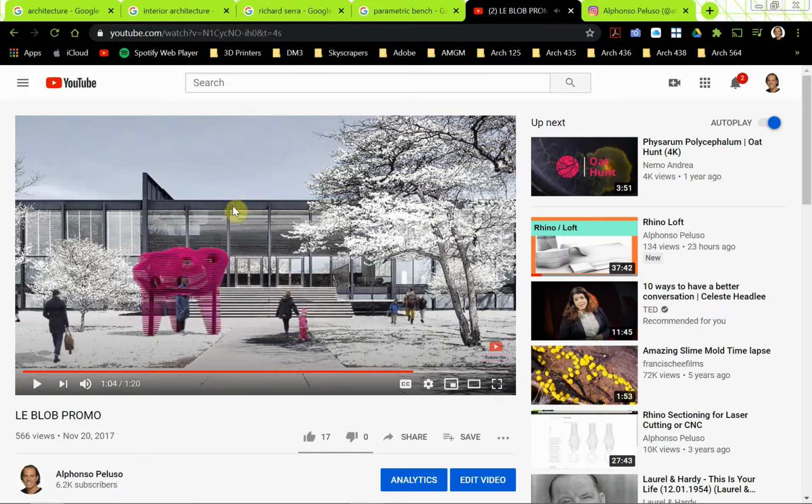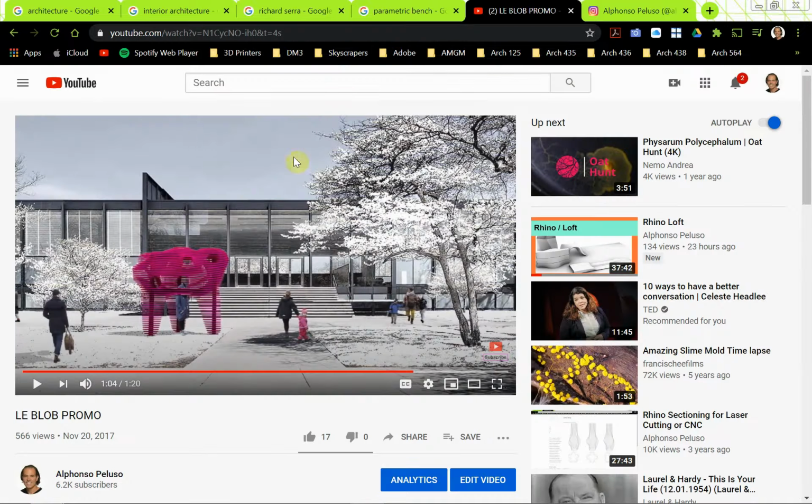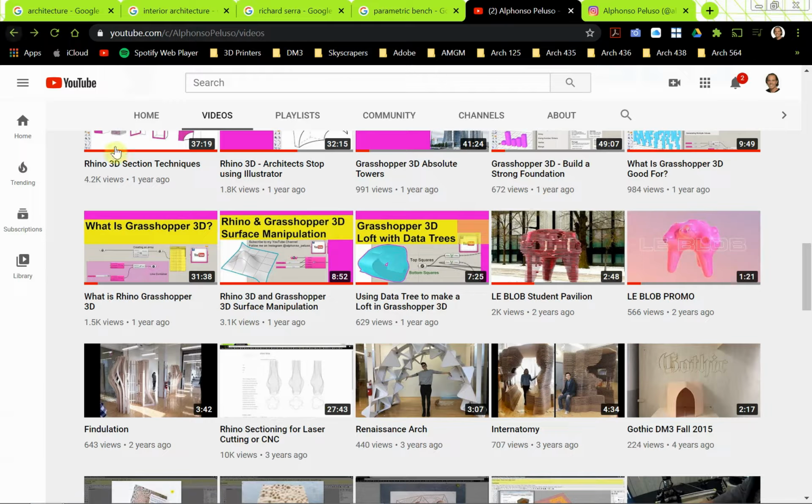So that's an example of something like this parametric bench, and my students actually did build that, and